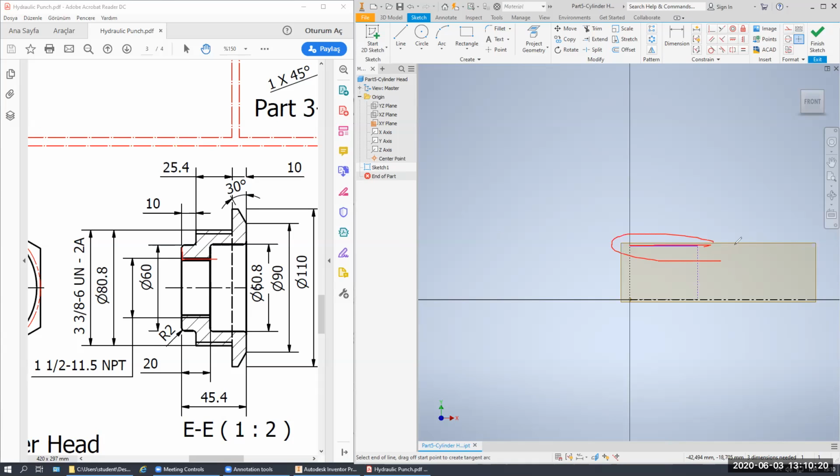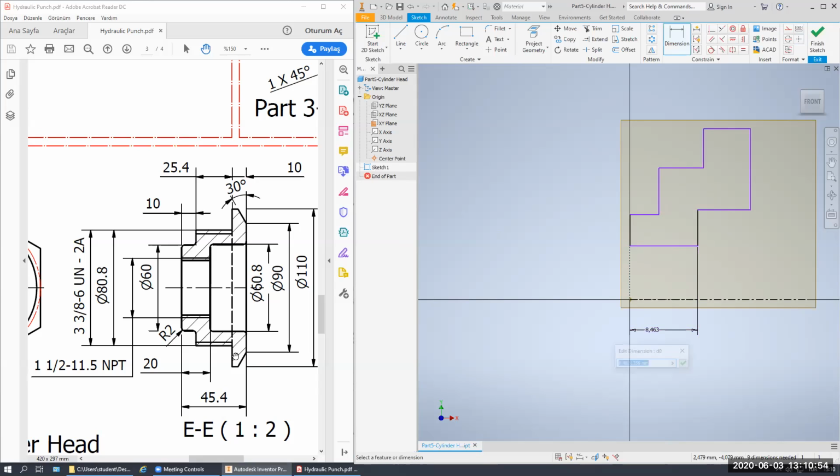I do this on purpose. I do not give any dimension to this line. Here, I will continue with the lines. As you see, we have an outline, something like this. Now it is connected to each other. As you see, we have a distance of 20, which you have seen here. This is the 20. We have a full length,